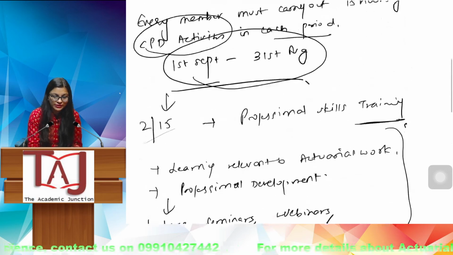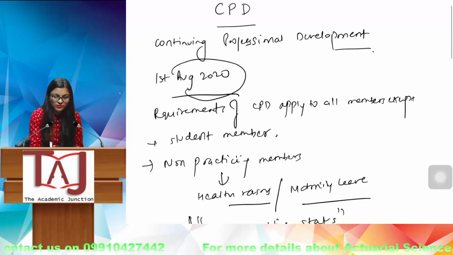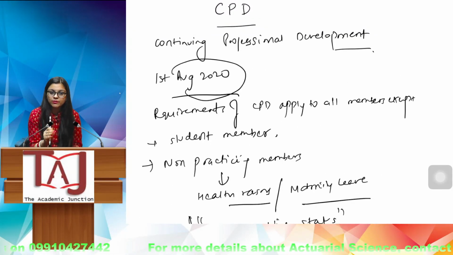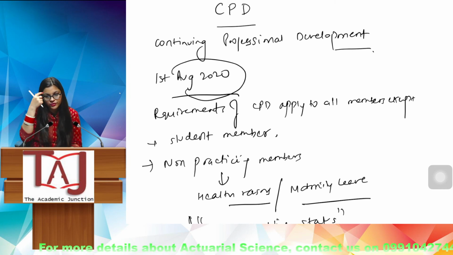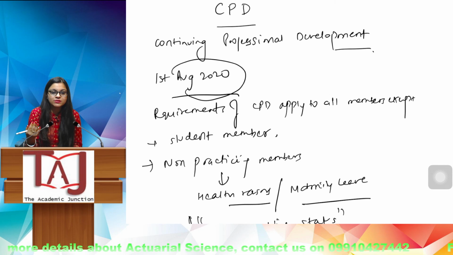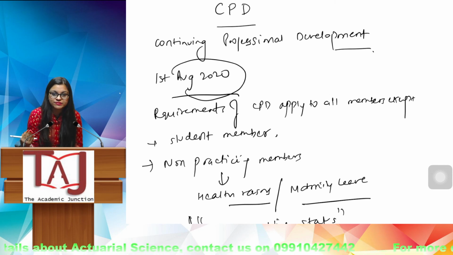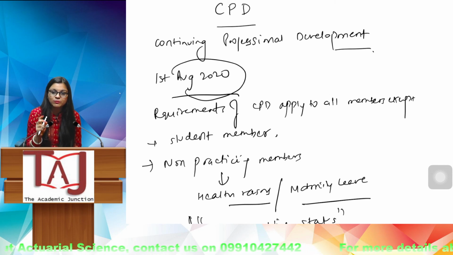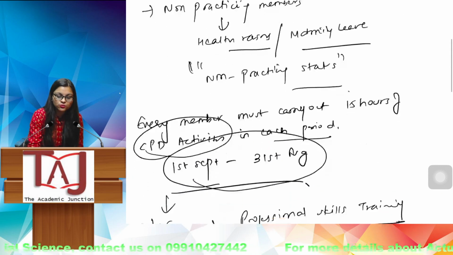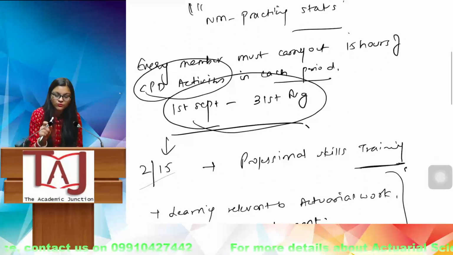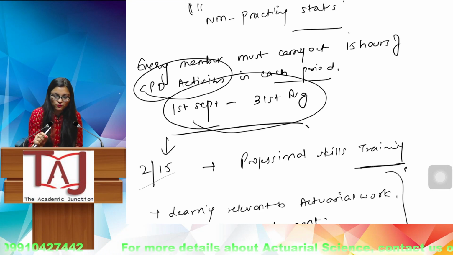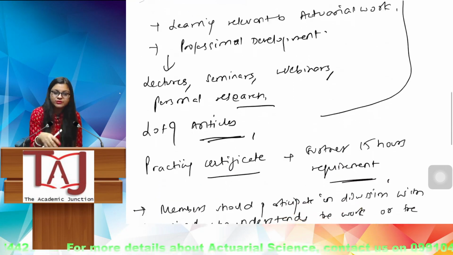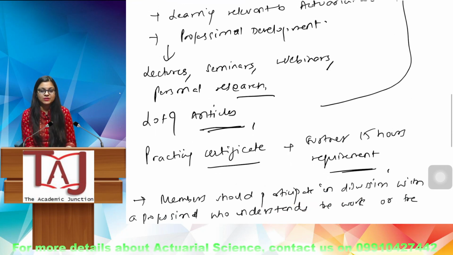सो सीपीडी का सबसे इम्पॉर्टेंट चेंज जो है वो हमें यही समझना है दैट स्टूडेंट मेंबर्स आर नॉट एलिजिबल फॉर सीपीडी नाउ. It's only the practicing certificate holders that have to complete the CPD requirements. So if you are non-practicing status or if you are a student member, you can apply for exemptions. But those who do not fit this criteria, you have to complete your 15 hours of CPD activities and 2 hours must be professional skills training. These are relevant activities which can be counted in CPD.